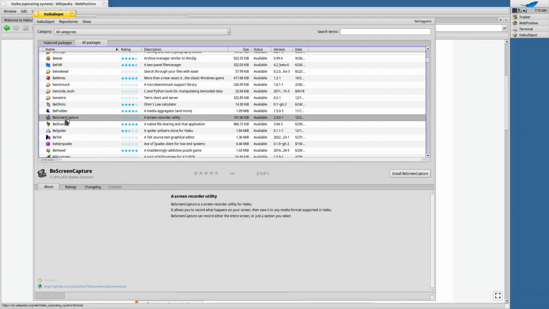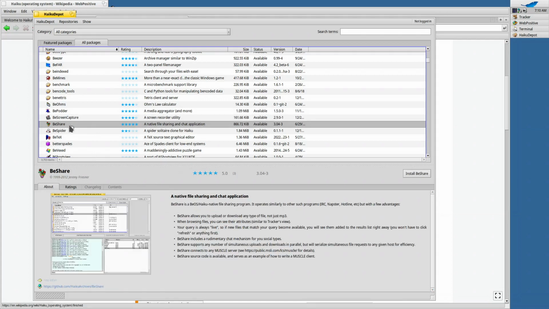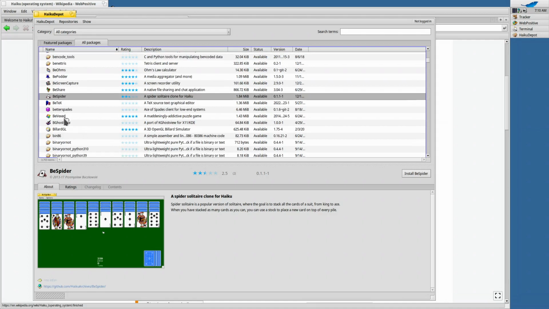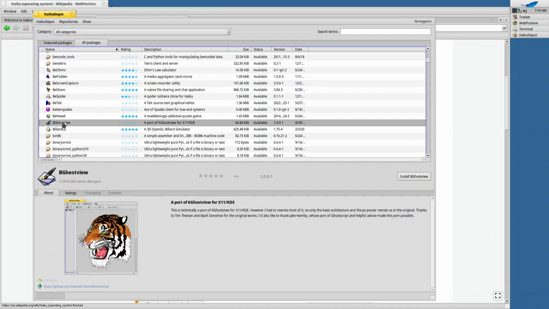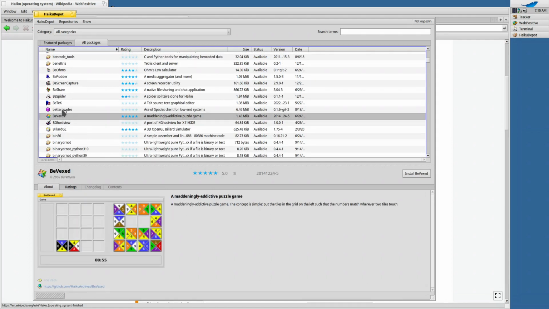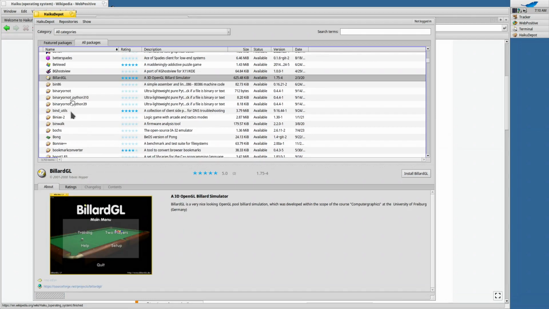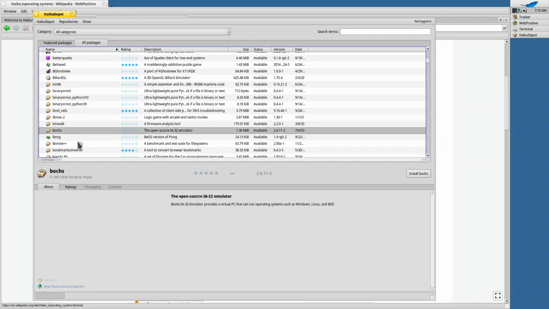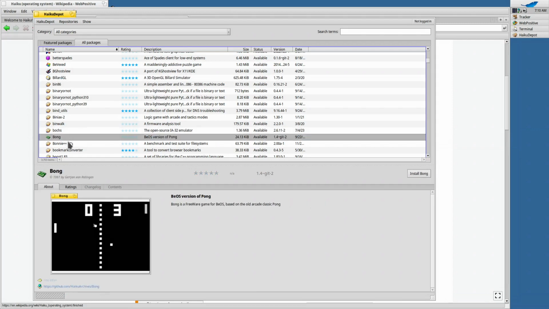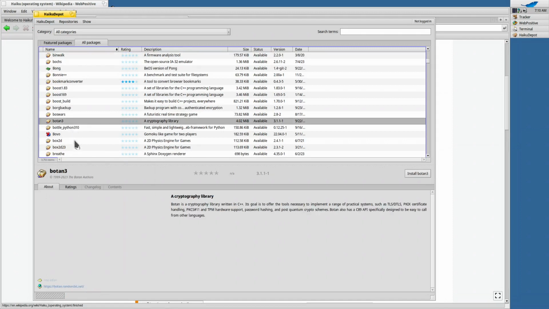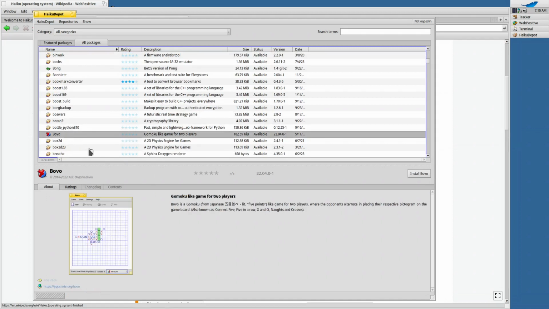RSS feed reader, screen capture, Spider Solitaire, Ghost script, games, 3D games, OpenGL games, emulator for DOS, and not only, Pong, C++ libraries, game, what's this? Bovo, a